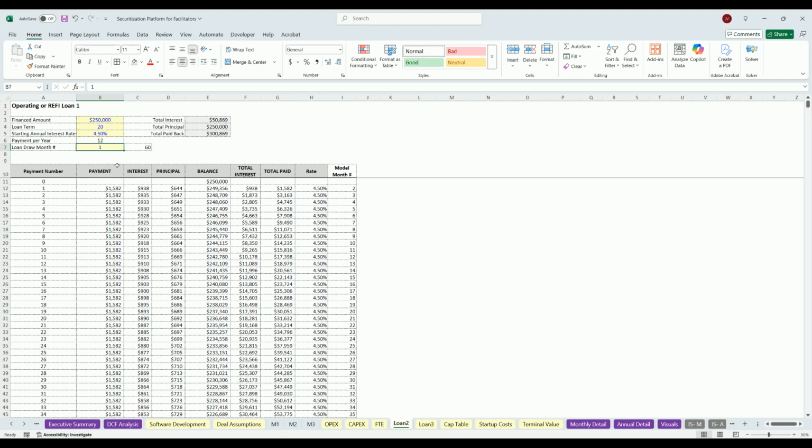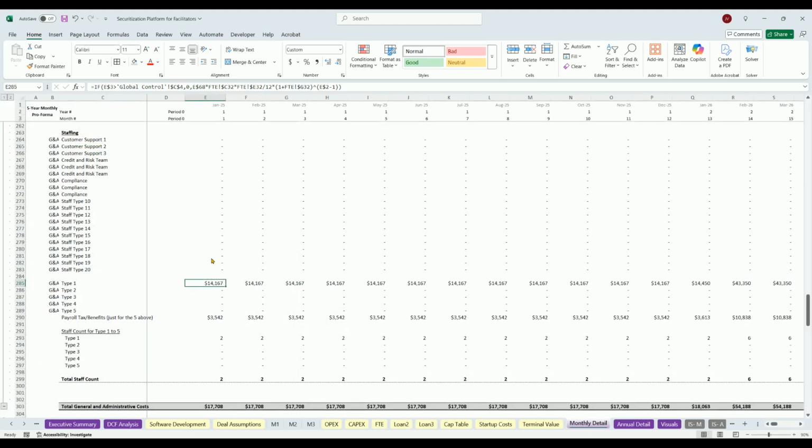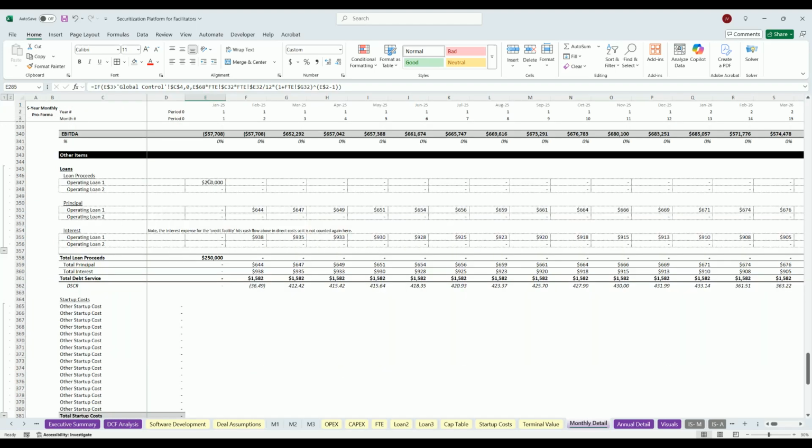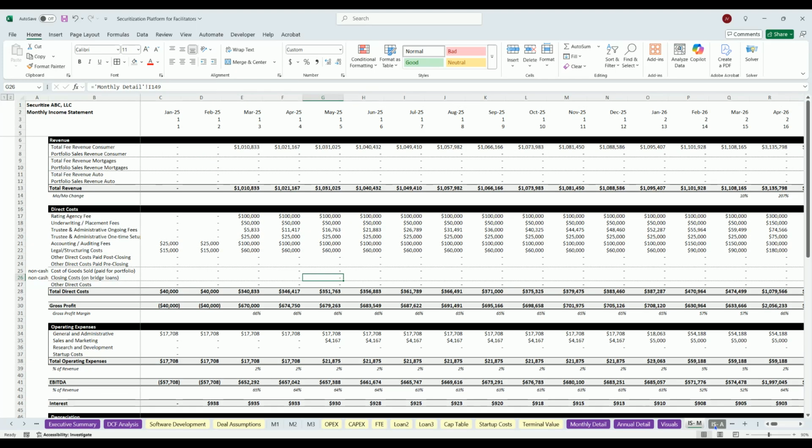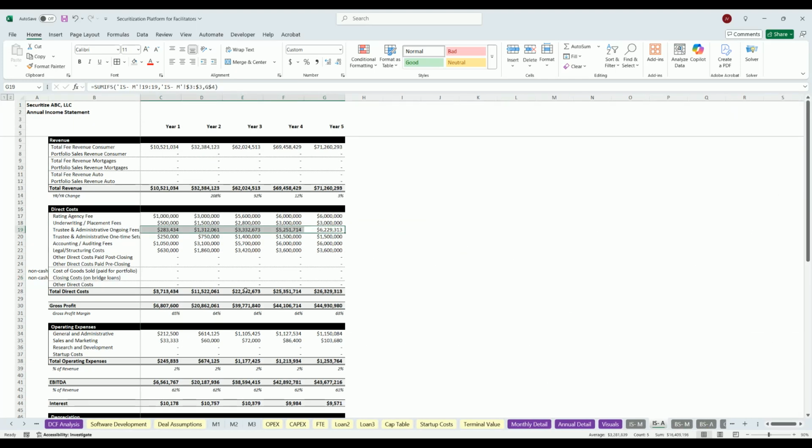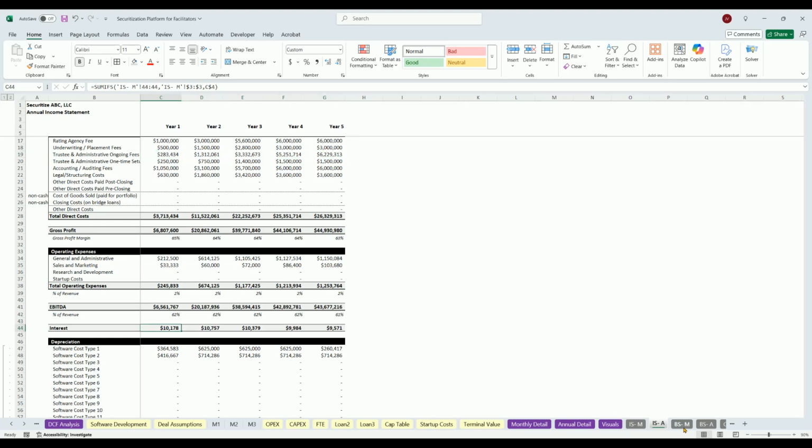We're going to have it draw on month 1. So that will hit down here. You see $250,000, then there's the principal and interest. You'll also be able to see that on the income statement. That'll hit interest. It'll hit the balance sheet